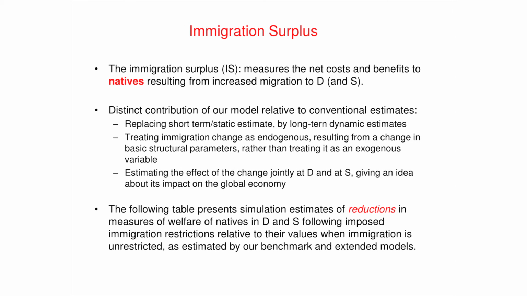So the distinct thing about our model in this regard is that it replaces short-term static estimates by long-term dynamic estimates, that it treats immigration change as endogenous rather than an exogenous variable, and that it estimates the effect of the change jointly at destination and source country,